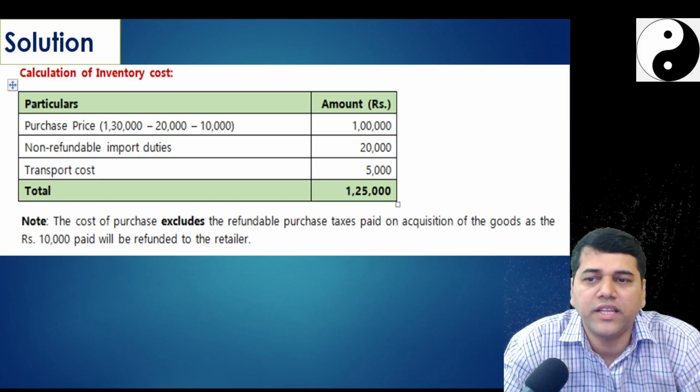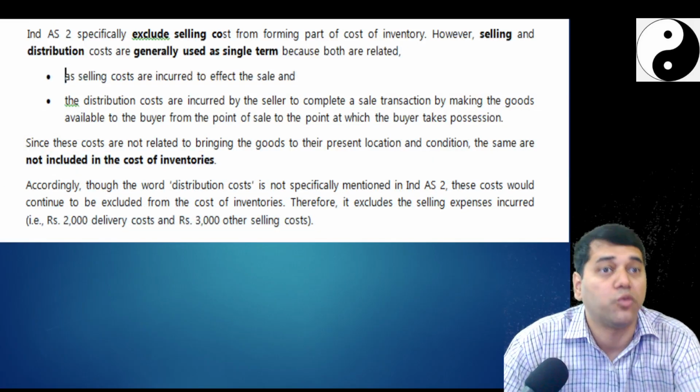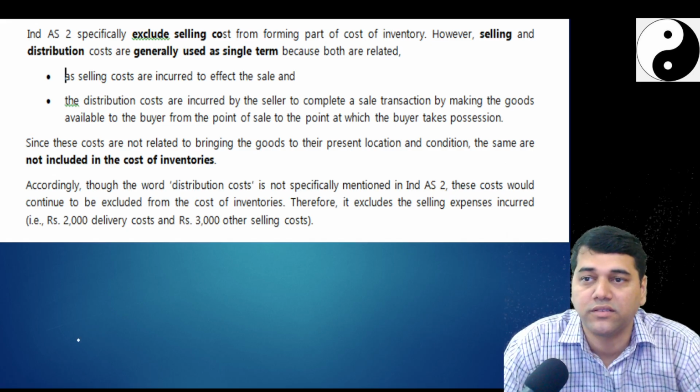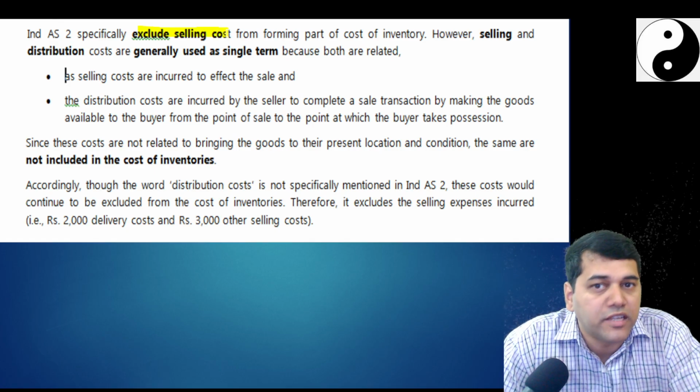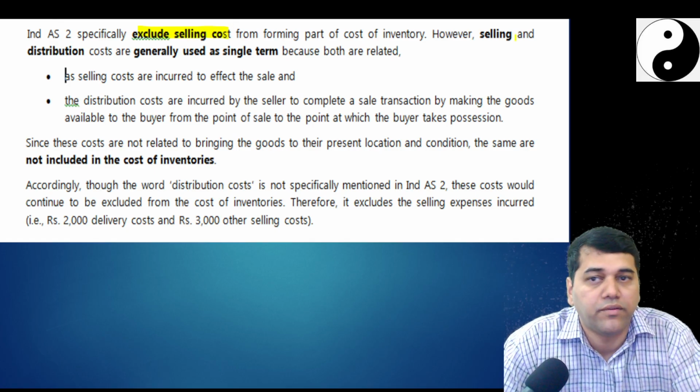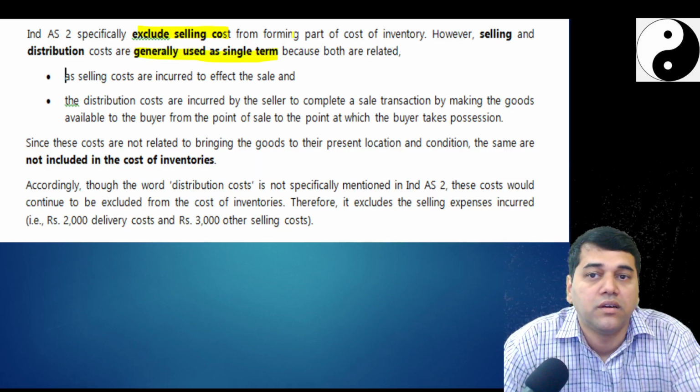Okay, so then you say that purchase cost is going to exclude the transaction paid. If you want, you can leave some space. But how do you write the theoretical part, why and all? So you have to explain like this. Ind AS excludes the selling cost. They asked you why. However, selling and distribution costs are generally used as a single term, forming part of the